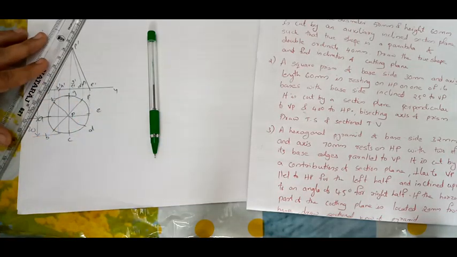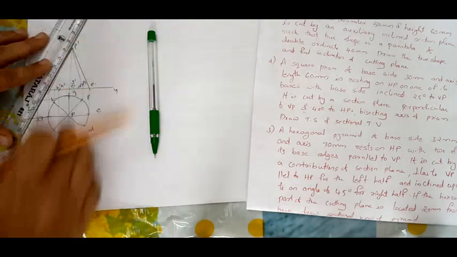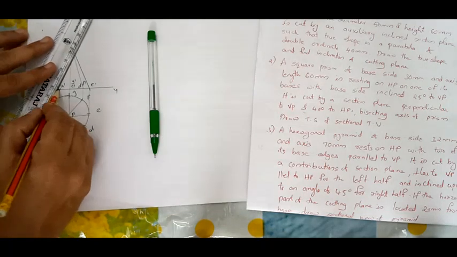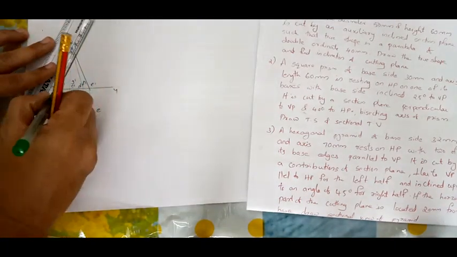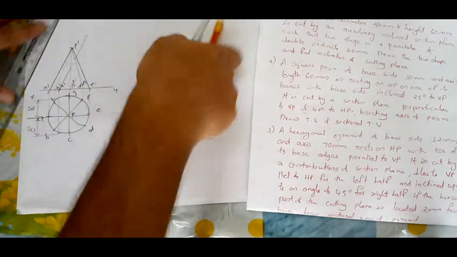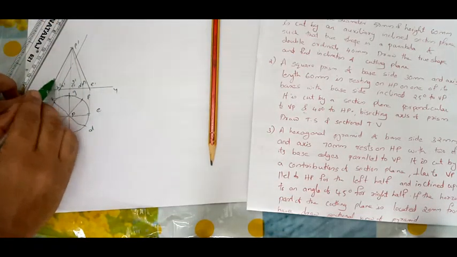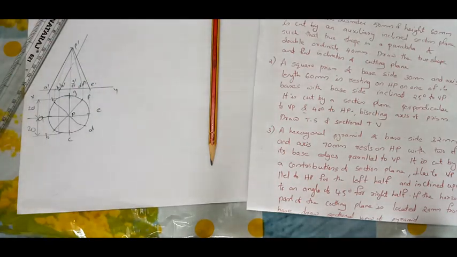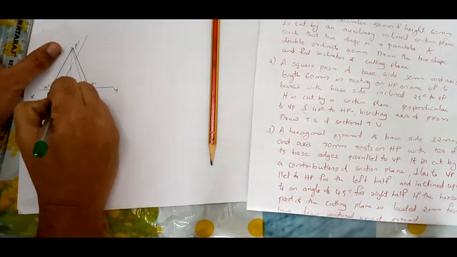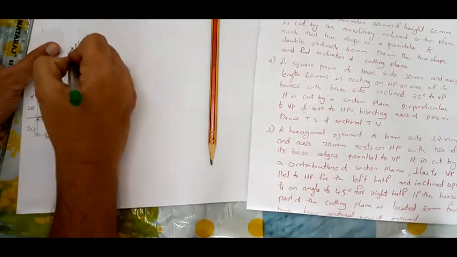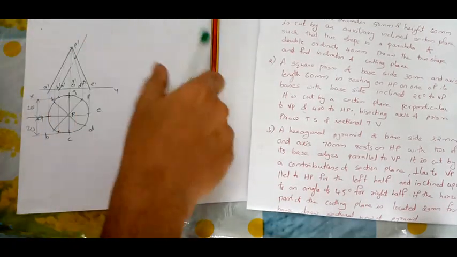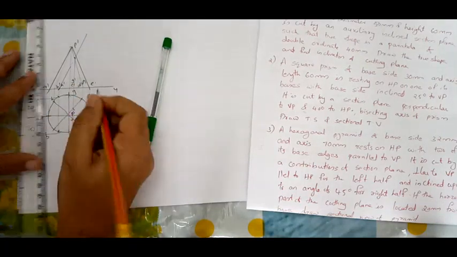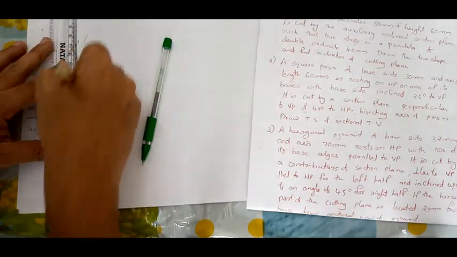Place your roller scale like this, or move the scale such that the line is parallel. Draw a line from here parallel to it, so these two lines should be parallel. This will be your cutting section blade. You already know how to obtain the cutting points. Project these two points to the corresponding points, and project this end point to here.